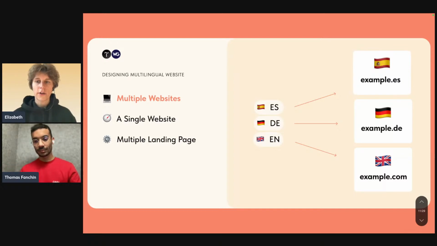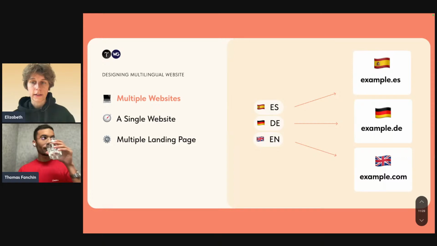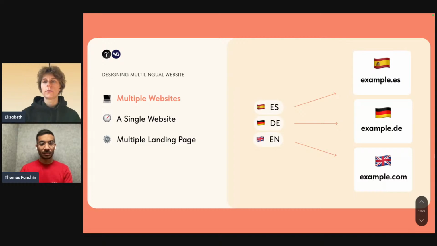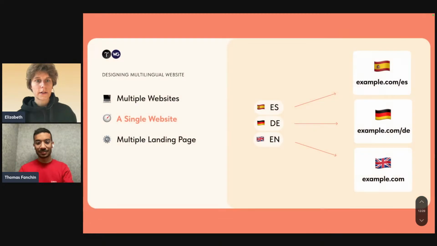And take into consideration that the domain authority of one domain will not be inherited by the others. So here they're separate players, and you need to maintain them all simultaneously. So it requires a little bit more effort and attention. But then, on the other hand, some companies use this to distinguish themselves on different markets. Right. So another option is to create a single website and make subdirectories for this website,